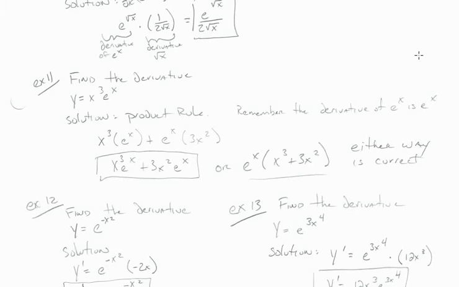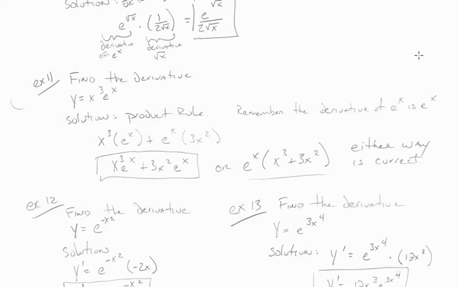That's better nomenclature there. So we take x cubed, that's the first term, times the derivative of e to the x, which is e to the x, plus we take the second term, which is e to the x, times the derivative of the first term. The first term is x cubed, its derivative is 3x squared. So when we work through all this, we end up with x cubed e to the x plus 3x squared e to the x,